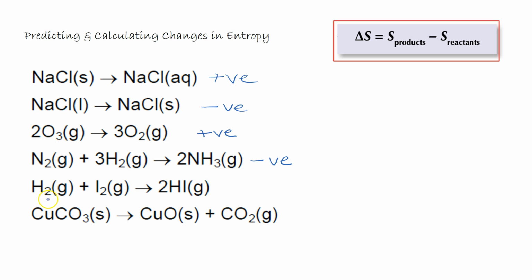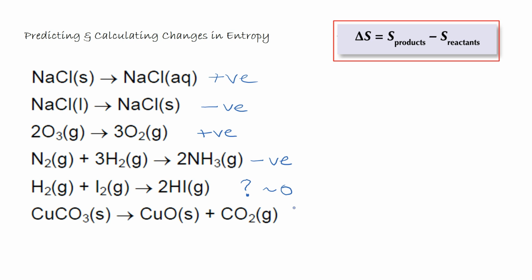In the hydrogen plus iodine going to 2 hydrogen iodides, well, we've got gaseous states in the reactants and the products. We've got 2 moles of gas on the left, and we've got 2 moles of gas on the right. So in this example, we would actually have to do some calculations, because we wouldn't be able to predict what the value would be here. It would probably be fairly close to 0, but we'd have to do